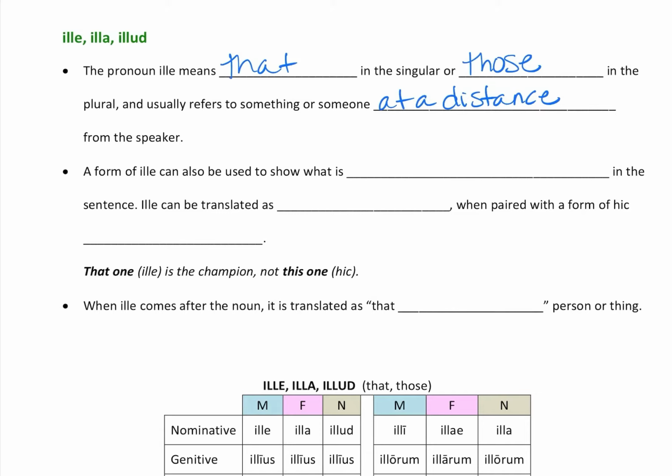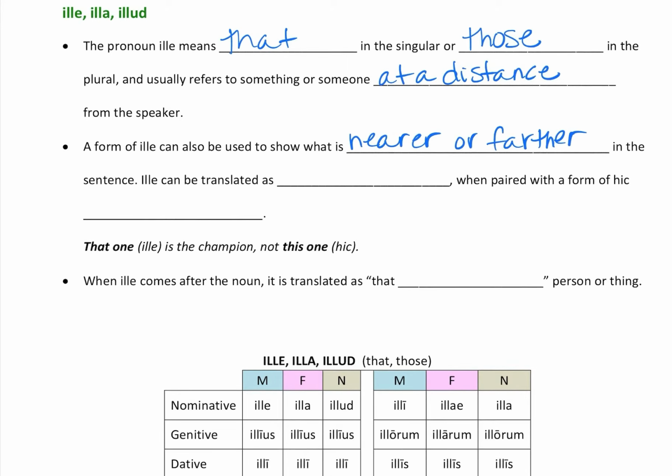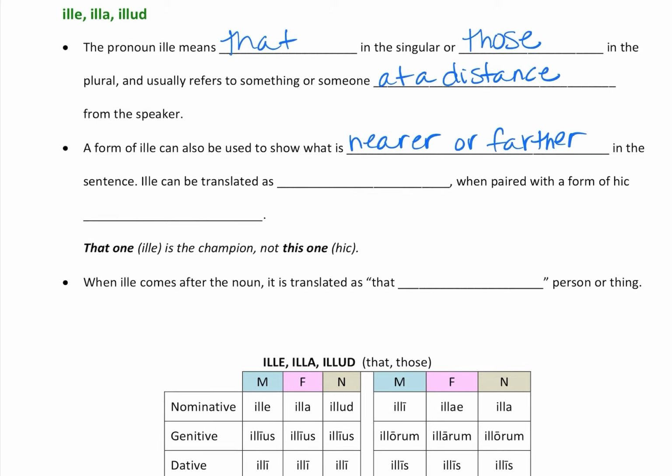When you're saying that over there, you don't say this thing over there, you say that thing over there. So it works the same way in English. So a form of ille can also be used to show what is nearer or farther in the sentence. Like when we use the words former or latter, the former thing or the latter thing, ille can be translated as that one